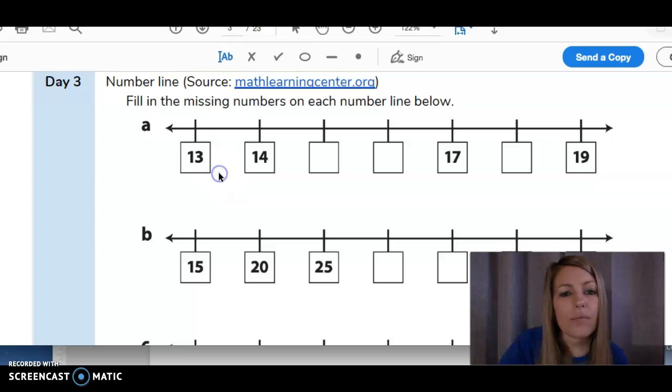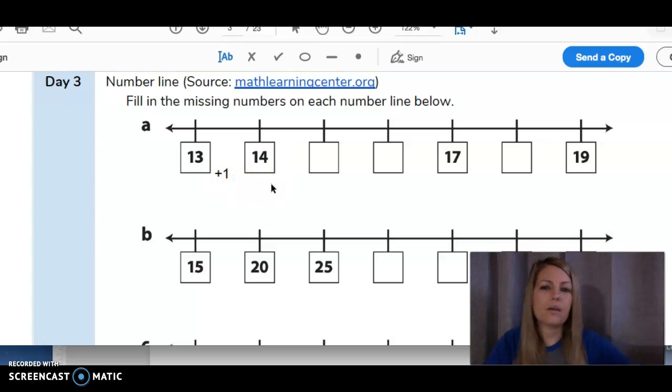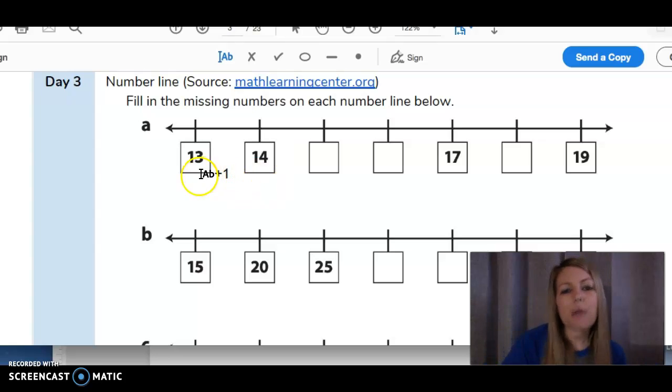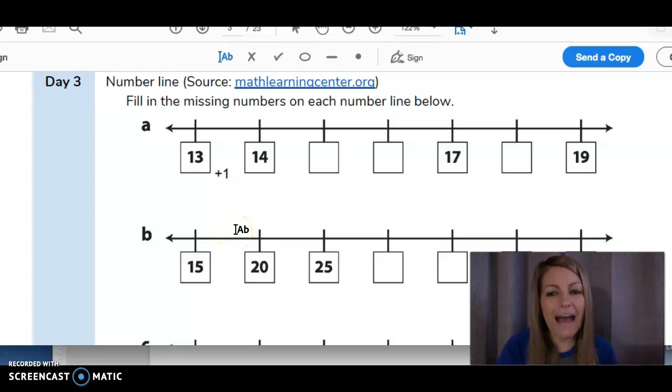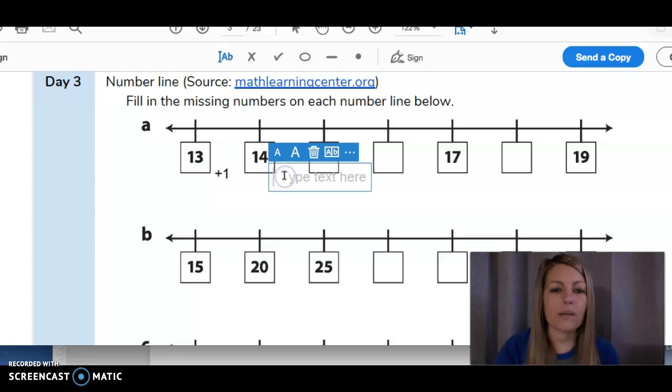So to go from 13 to 14, they went up plus 1. So my guess is that this is probably going to be a plus 1 pattern because in order to fill in the boxes, we have to figure out what the pattern is. And to go from 13 to 14, that's a plus 1 pattern, which means